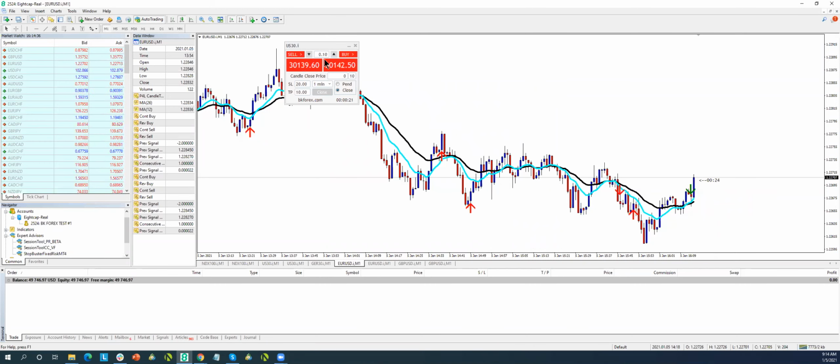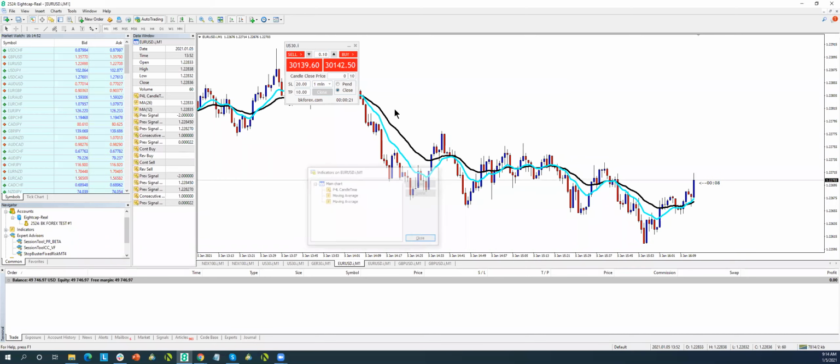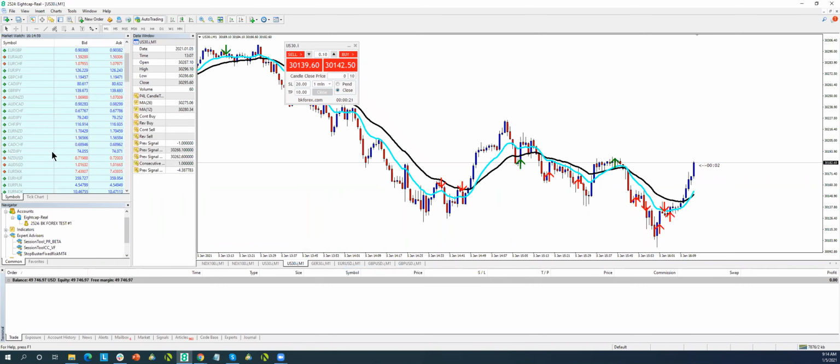Oh man. Control I. What's going on over here? I have two arrow traders. Delete. All right, you know what? I'm going to kill this euro. Close, and let's just